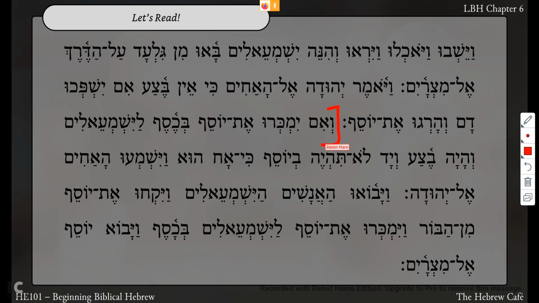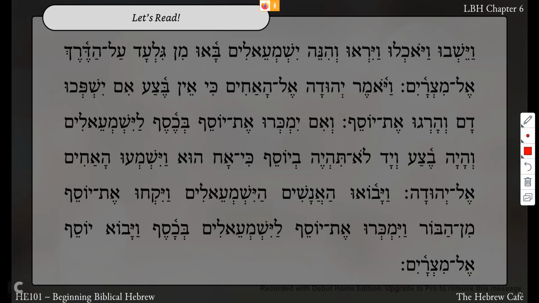Ve'im yimkeru. This is the first is silent. The second one is vocal. Im yimkeru et Yosef bechesef. For money, you can sell somebody for money, or you can just give them away into slavery, right? So if they will sell Joseph for money,